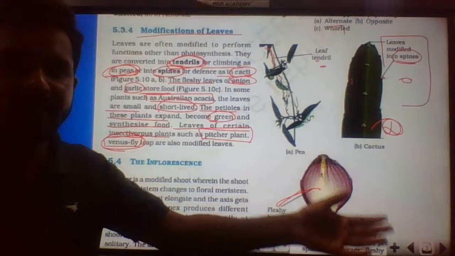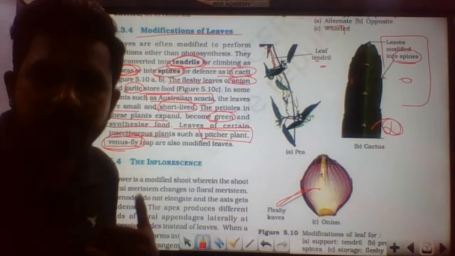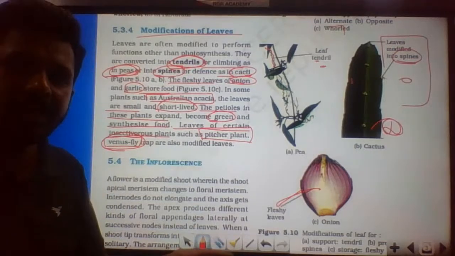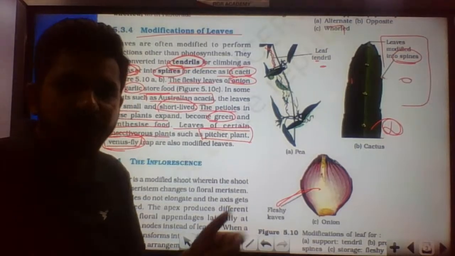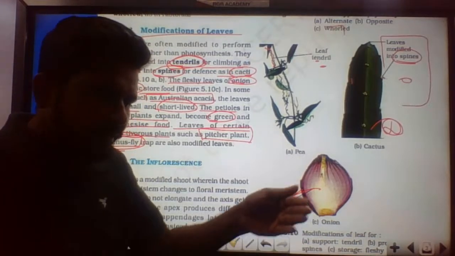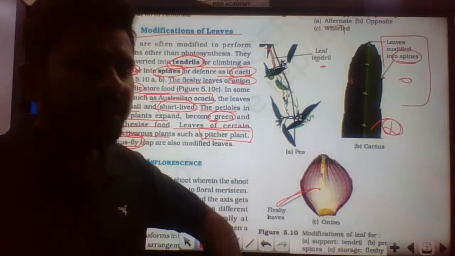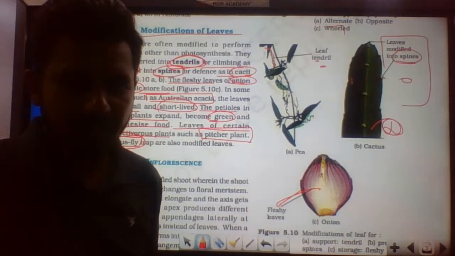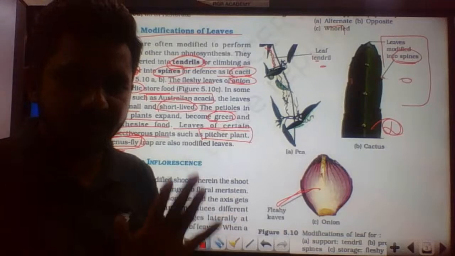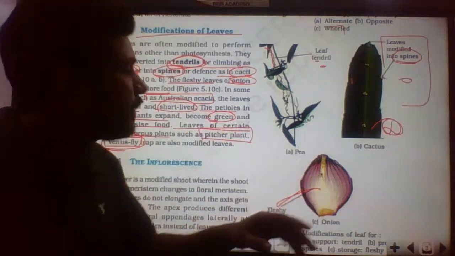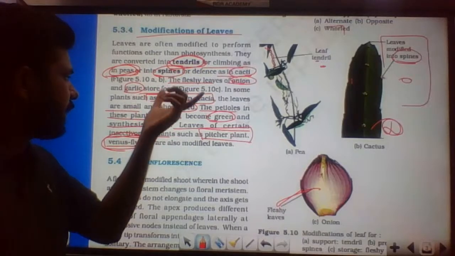If they mention examples, they will ask us to select all the examples of leaf modification. Sometimes we may get a question like which of the following is not a modification of a leaf. There may be only one leaf example among the options, and the others may be examples of stem modification to confuse us. So for answering those questions we have to ensure that these are all the modifications of leaf, means tendrils,